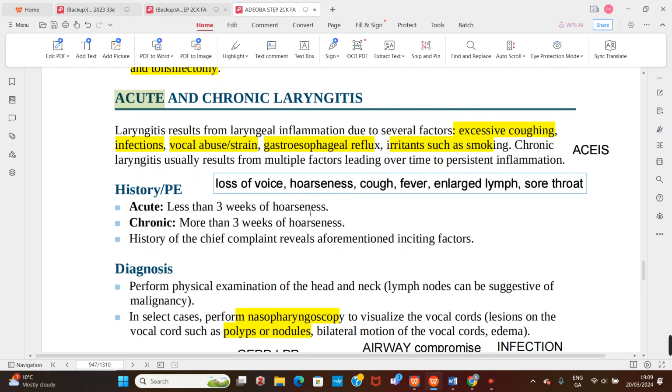Moving on to inflammation of the larynx. So laryngeal inflammation can come from different conditions. Either this person is coughing too much, this person is talking too much. So people that talk too much, shout, sing, they can have strain on the larynx with inflammation. People that cough excessively too, either maybe due to infection or due to drug use like ACE inhibitors, they can have laryngitis. People that have reflux,